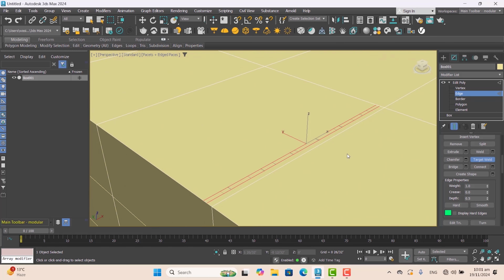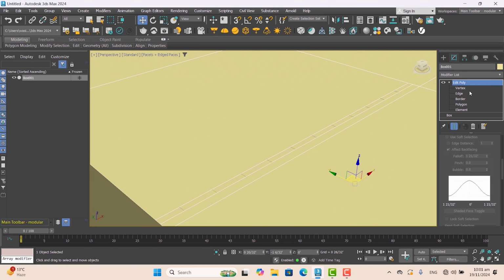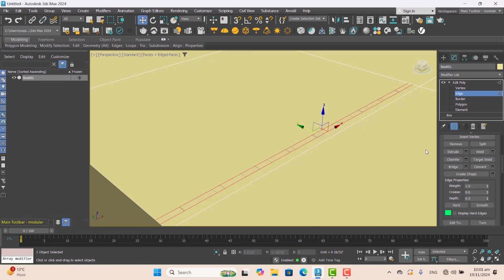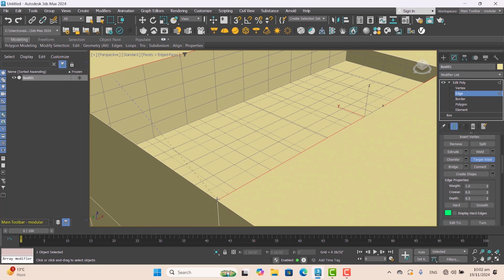Target weld, as I want to apply the target weld. It welds an area, the whole area where there is a hole. Select both of the edges. Now let me tell you, select, now it can't weld. Now if you make it near to this,